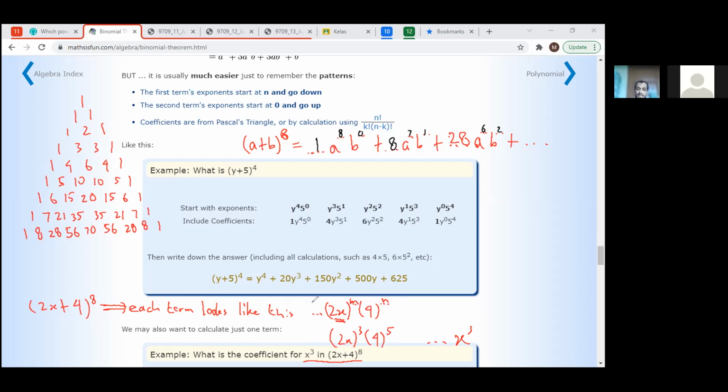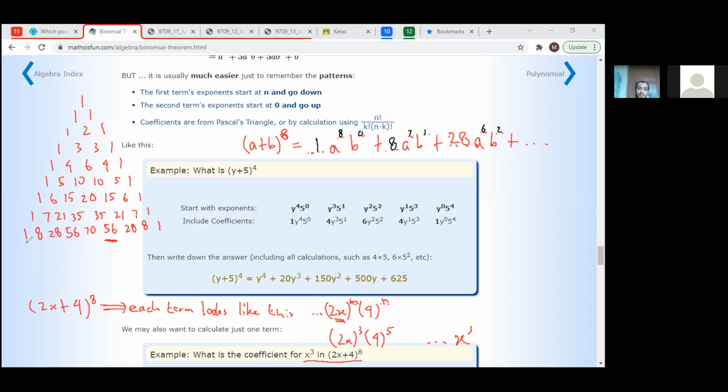Okay, so lastly, let's find what the coefficient is, from Pascal's triangle. How to do that? We can do it by looking at the power. Because it starts from 2x to the power of 8, it will be power of 8, 7, 6, 5, 4, 3, so 2x to the power of 3. So we use this one.